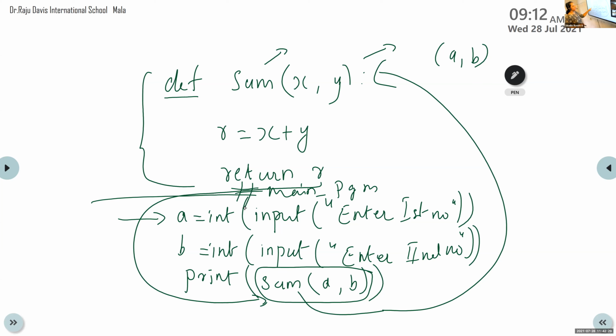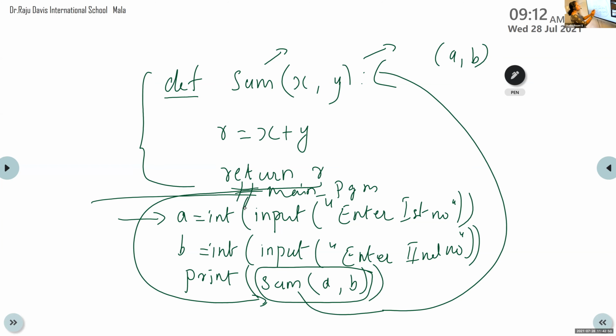Why am I using this hash here, Achut? I write main program and I am using one hash here. Why? Comment. It is a comment line. So this is the main program. Execution begins from a is equal to int input, enter first number.